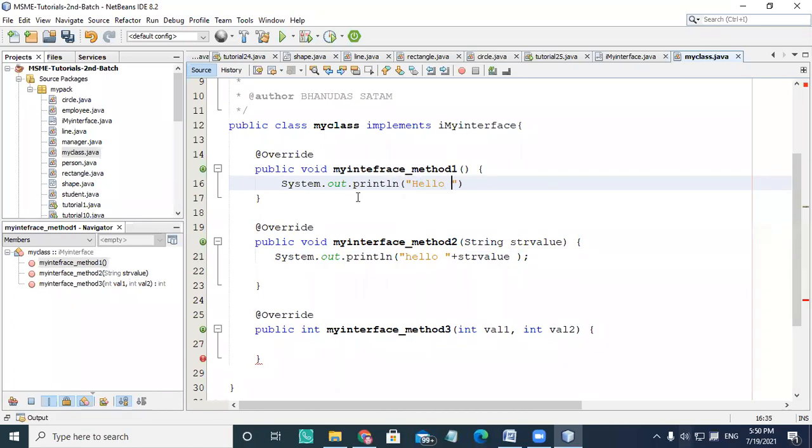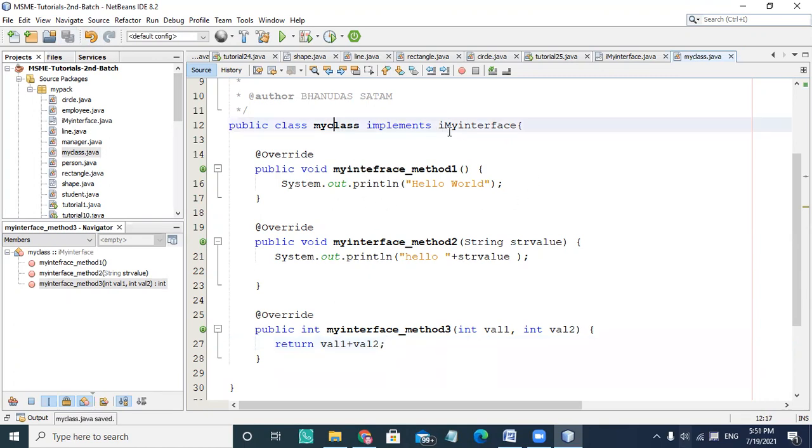And here I'm simply printing hello world. Then I'm going to write the third method where I'm returning some value. I simply write return value 1 plus value 2 here. This is a simple addition of the two values, but I'm using it as an interface method here.